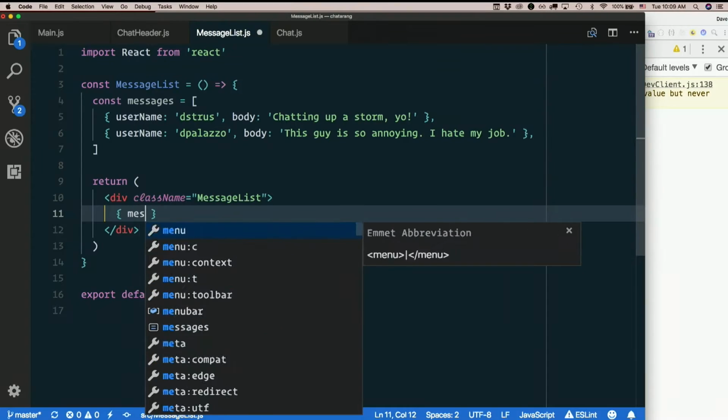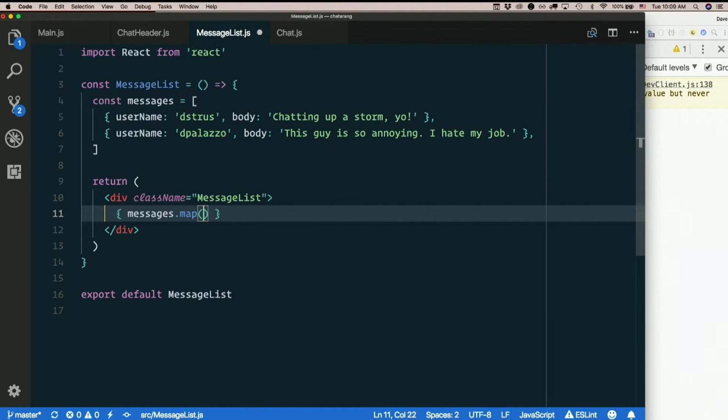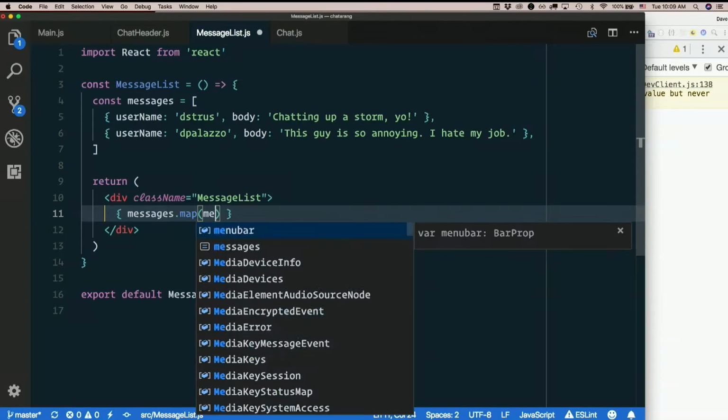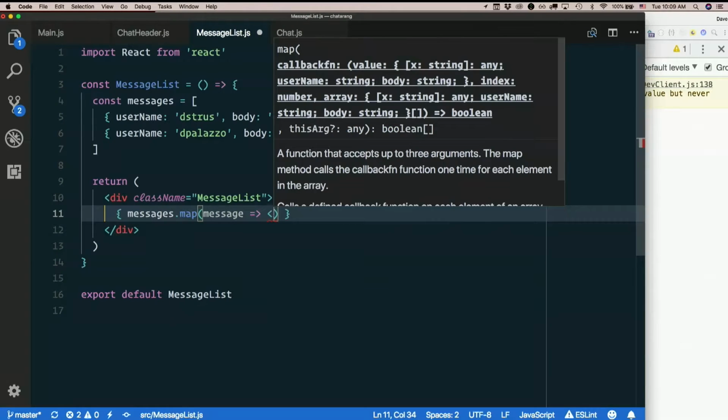So I can say messages.map. Each message is going to be passed in, right? To my arrow function. My arrow function just needs to return some JSX. It's a one-liner, so I don't need the word return. I don't need curly braces. I don't need parentheses around the argument. I can just put like div